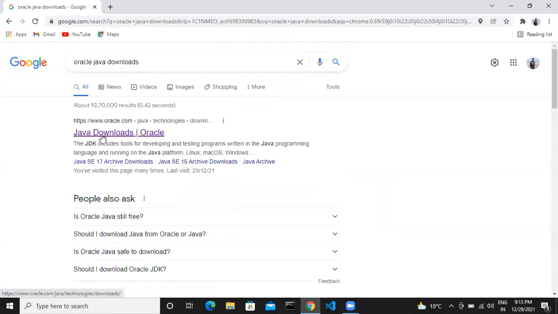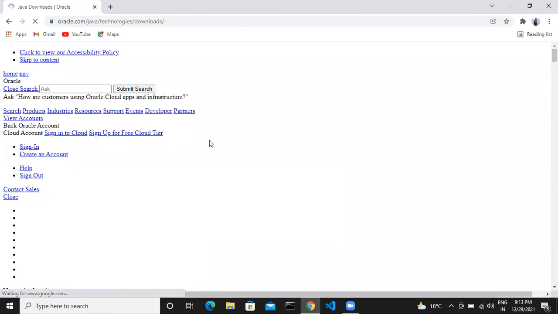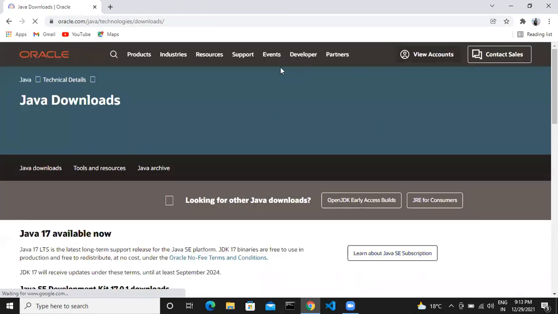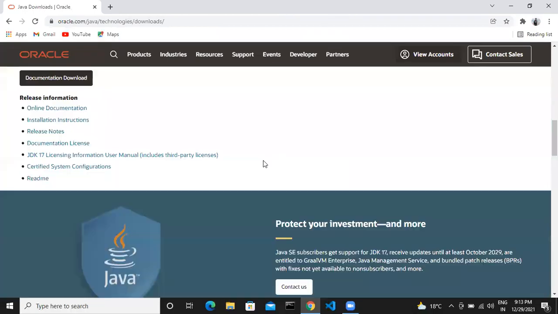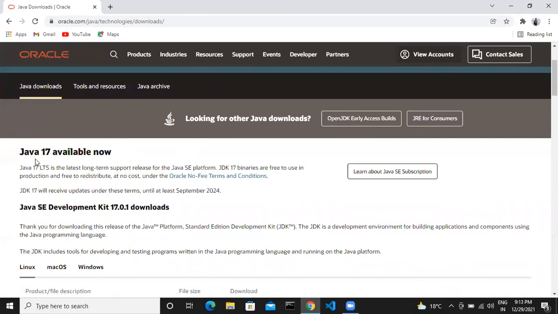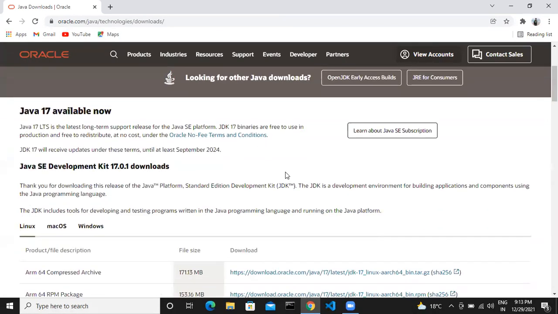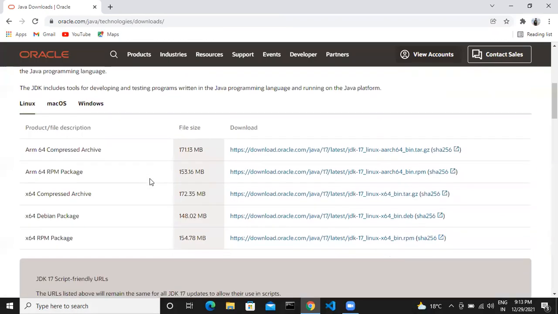Click on the first link, Java downloads Oracle. The official site of Oracle will load. Then from this official site you can see Java 17 available and you can download from here.